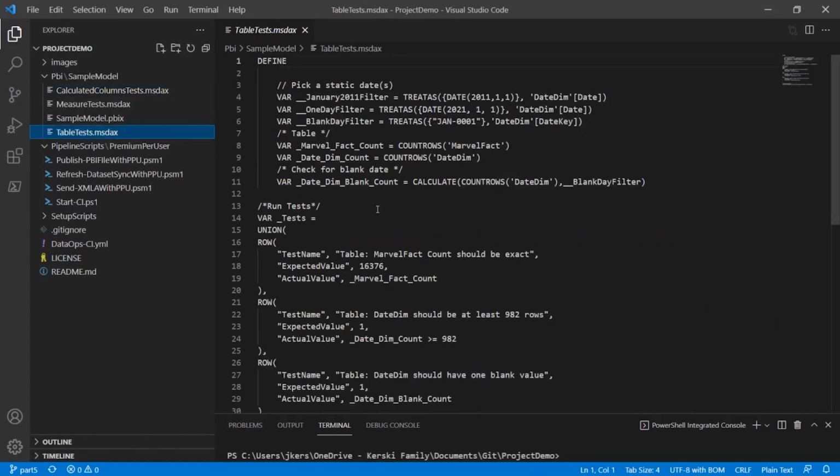All right, you'll see here that we have a set of definitions that's going to look at certain filters that are going to apply on the table and start counting the rows in the fact table, the date dimensions, and also check for the blank. So in this case, let's augment the test case that's looking for how many rows should be in the fact table. And we're just going to make a very minor change from the 6 to the 5